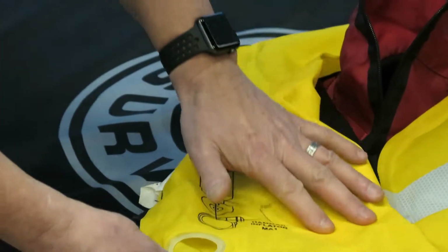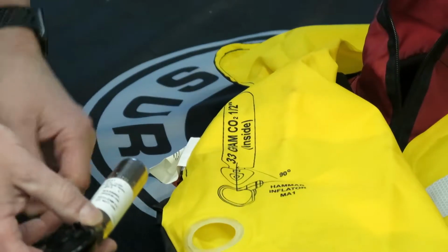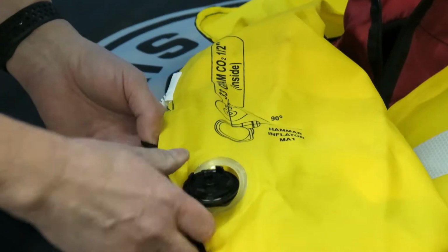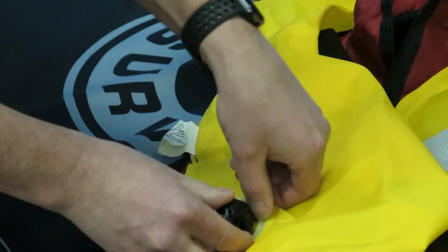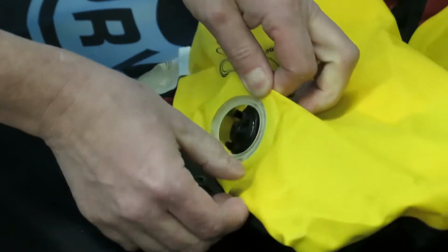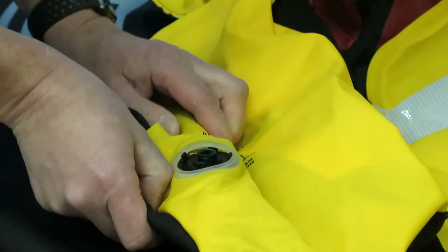So now what we're doing is the inside of this bladder material is kind of rubbery, so it's going to grab on. So we just lightly put it in here. We again turn this 90 degrees to allow it to come over top of the bladder, and it easily goes into the hole if we do that. Then we turn it flat. We know our cylinder is in the correct orientation,